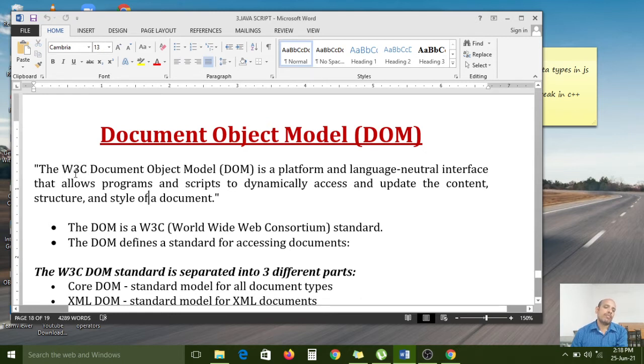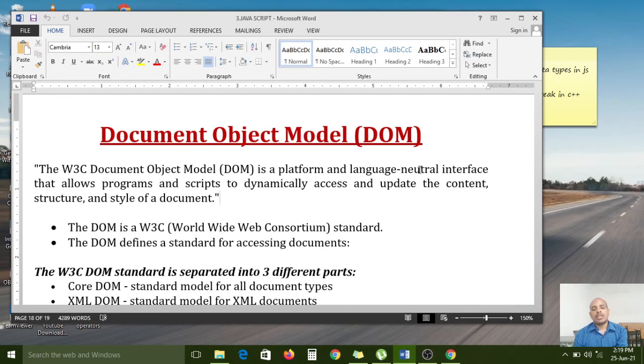The World Wide Web Consortium introduced the document object model platform. Actually, it is a platform and language neutral interface. If you use HTML, CSS, and JavaScript, we execute the programs in the browser document window by using the document object model.